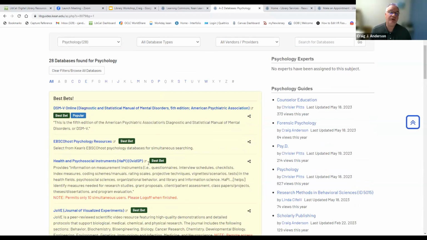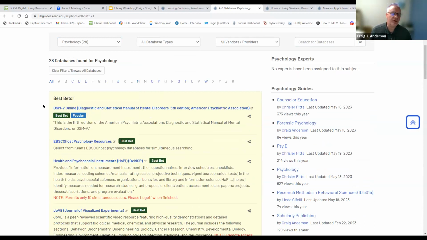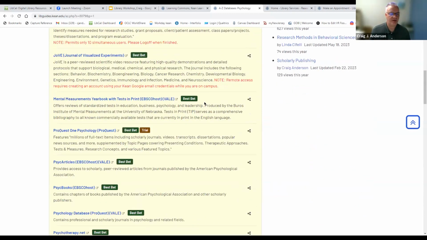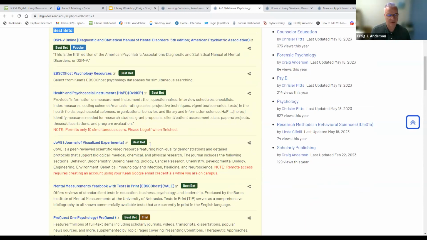Whenever you go to one of these subject headings up here, it will usually show you this faintly yellow colored box here that says the best bets. These are the best databases for that particular subject. So if we were looking for resources for psychology, these are our best bets for psychology.